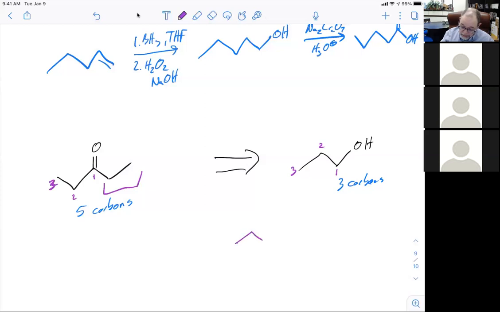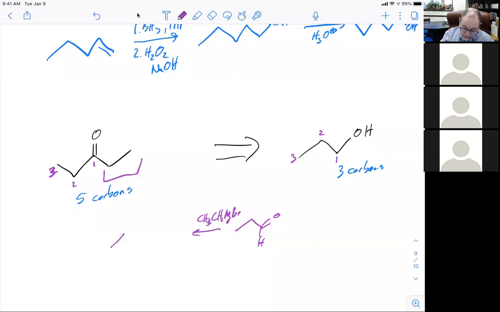But if we oxidize this to an aldehyde, I could add 2 carbons using the Grignard. The Grignard is a great way to add carbons. That would end up giving me this, the product of that. And then could I take this to that? I could oxidize the alcohol to the ketone. Can I take the primary alcohol and get an aldehyde? Yes. So the trick in this one is to think about the ways that you can add your carbon and realize that